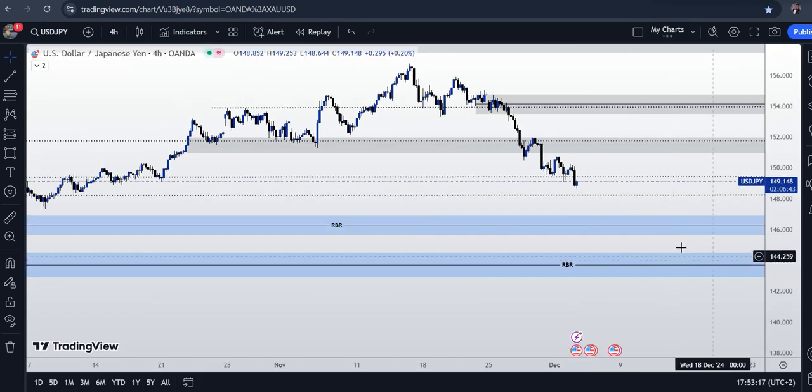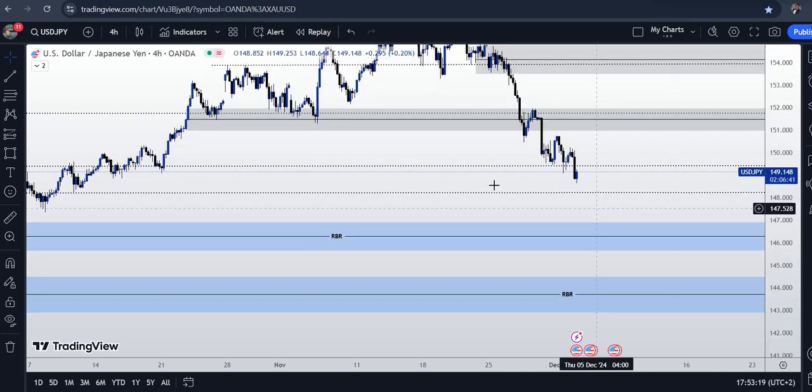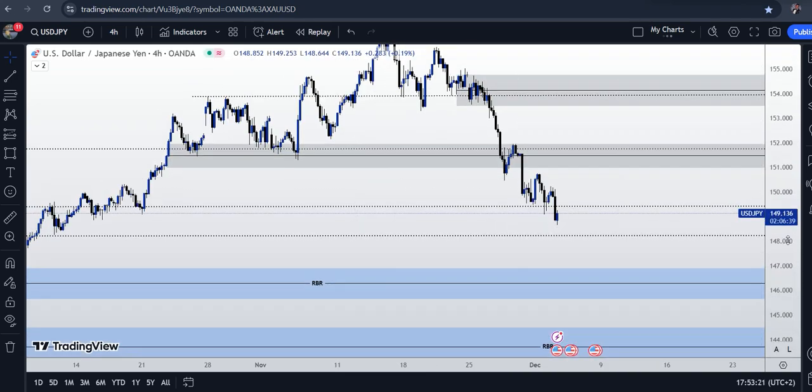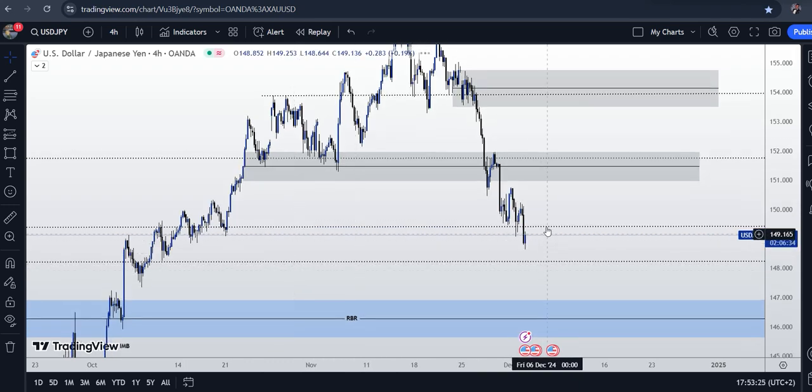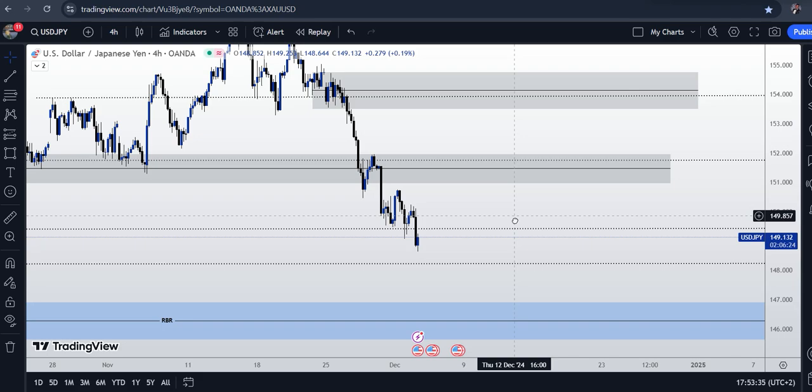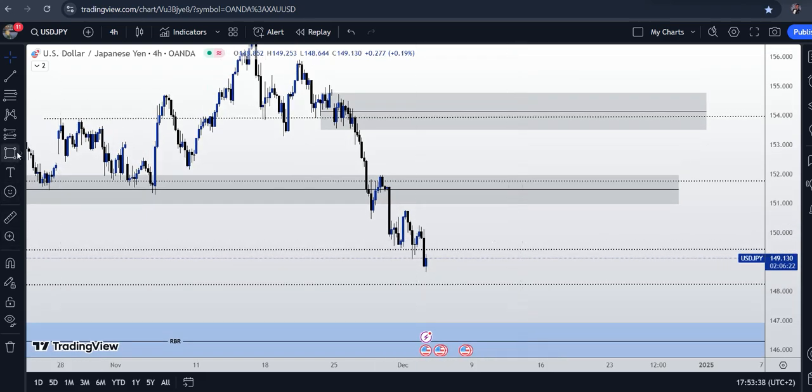So from here, this is where we are from the 4-hour time frame. Remember, this is our 50%. That's our swap zone. So we anticipate price to come into this level and then get into this level. If not, then price can push from this level and all the way up. So we are anticipating price to come back into this level and then go all the way here. But of course, we have to wait and see,